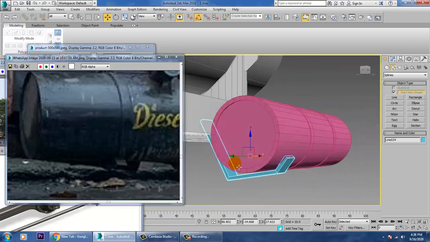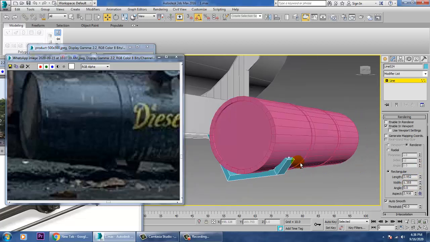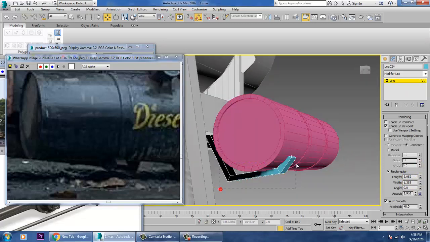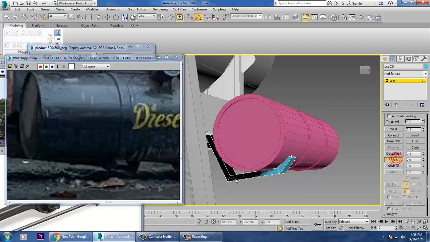So select this over here and increase its thickness, select the vertices over here and let's give a bit of fillet to it.